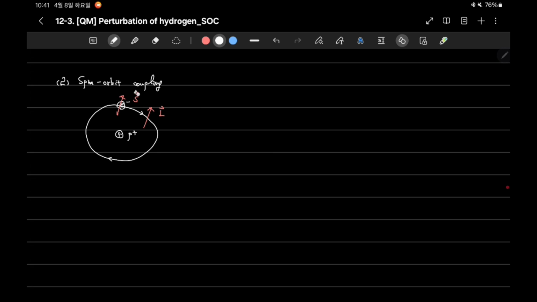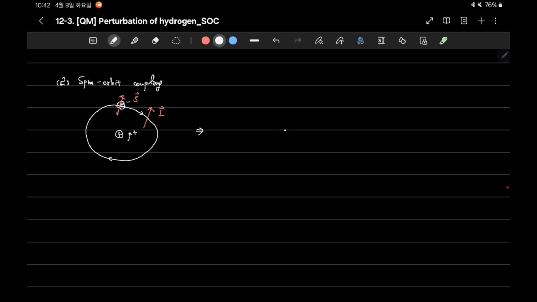Both angular momenta belong to a single electron: it has intrinsic spin, and moving around a proton gives it orbital angular momentum. There seems to be no reason for an interaction between S and L, but from the point of view of the electron, for example,